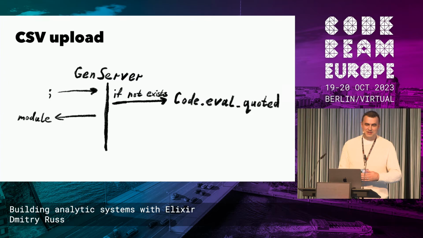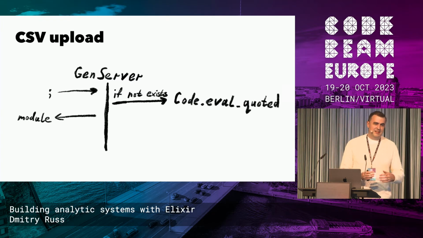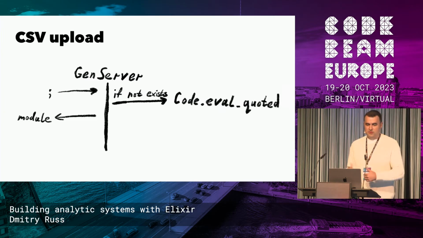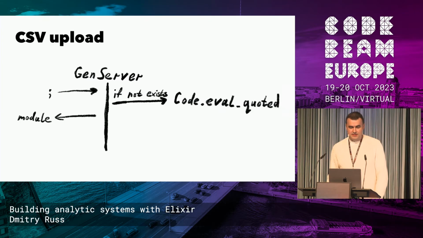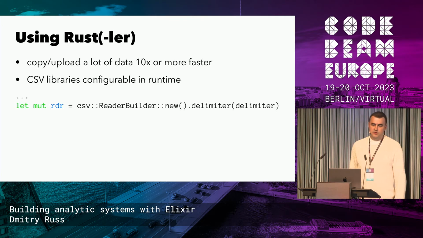I don't think that somebody will use the whole UTF-8 character set to define delimiters. So you can either define all delimiters, or if you see a new one, you can implement something like a GenServer, which if it doesn't exist, evaluates your code and uses it. But for other reasons, you can use